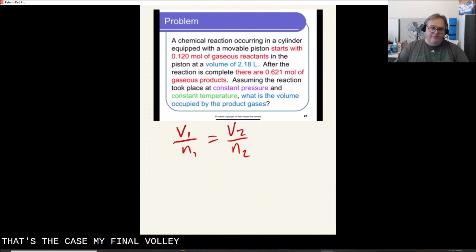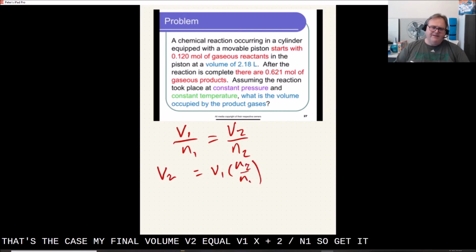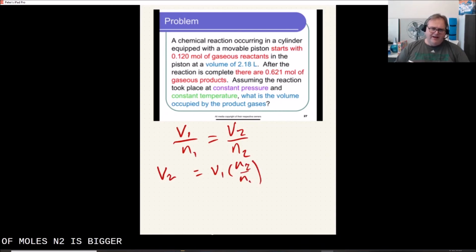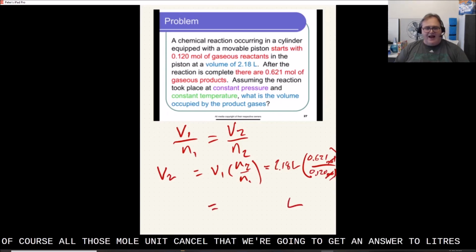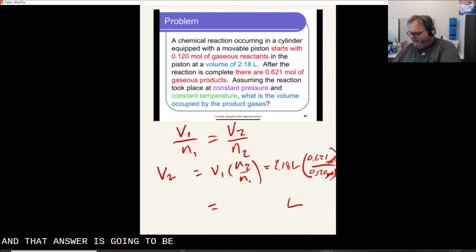My final volume, V2, should equal V1 times N2 over N1. So again, if we see the number of moles N2 is bigger than N1, we would expect the new volume to be bigger than the original volume. That's again 2.18 liters times our 0.621 moles over our original 0.120 moles. Of course, all those mole units cancel out. We're going to get an answer in liters,